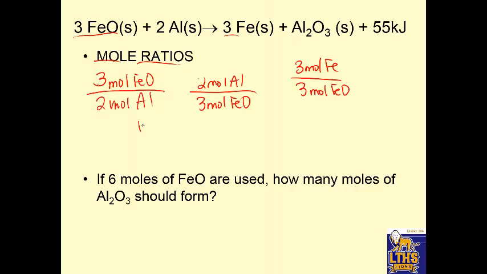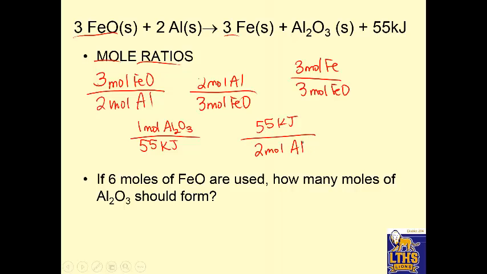So we can say 1 mole of aluminum oxide for every 55 kilojoules of heat. We can say 55 kilojoules of heat for every 2 moles of aluminum. We can go on and on. So knowing that you can use everything in a balanced equation as a conversion factor,